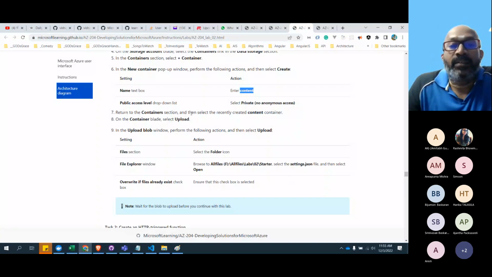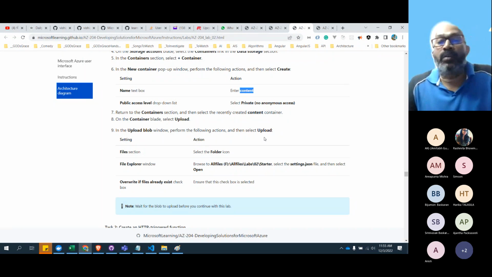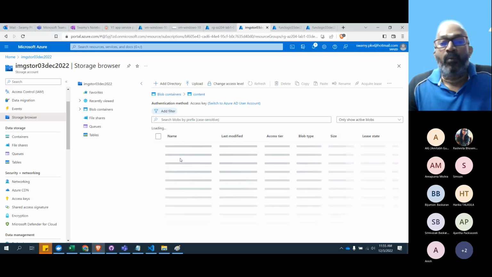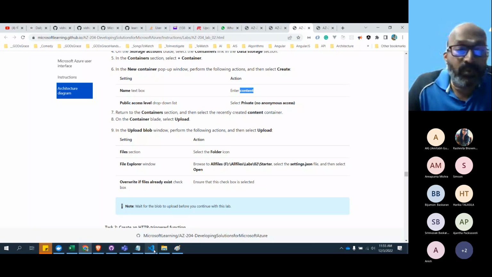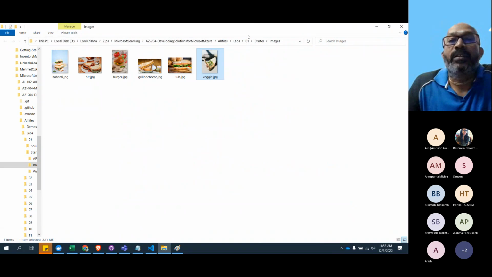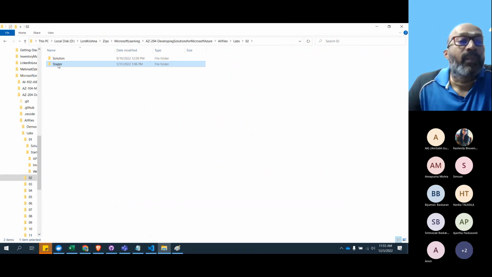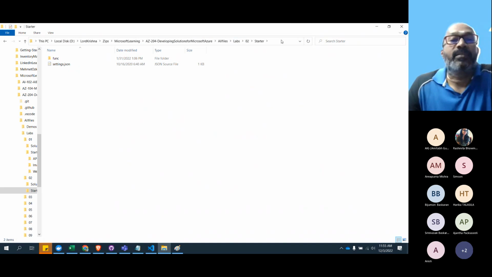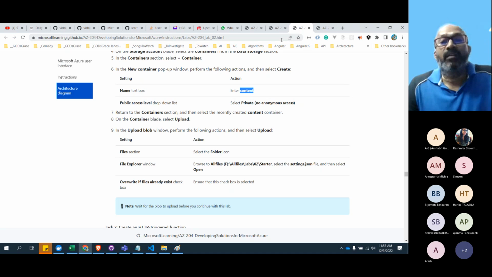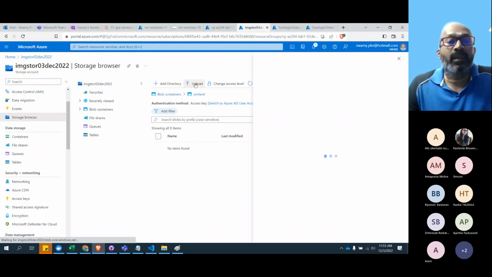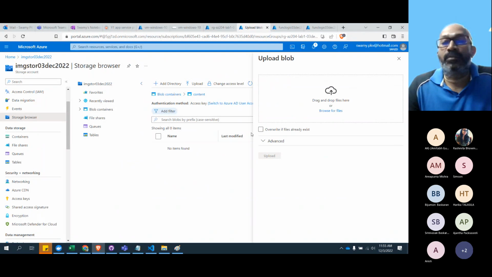And return to the containers and select the recent content container and click on upload. Now let's get into this container. And what is it that we need to upload? In the starter of lab 2, there is a settings.json. Let's go to lab 2 and starter. There is a settings.json file. So let's come in here and click on upload to the content,